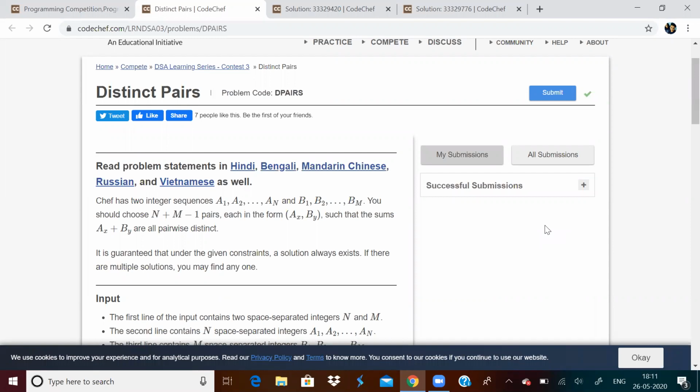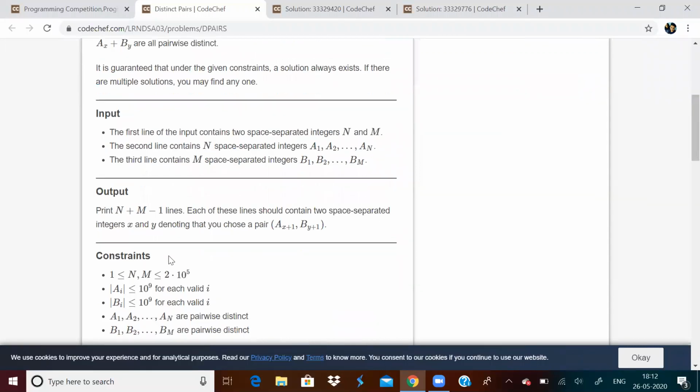Chef has two integer sequences A1, A2, ..., AN and B1, B2, ..., BM. You should choose N plus M minus 1 pairs, each of the form (Ax, By), such that the sums Ax plus By are all pairwise distinct. So what should we do?